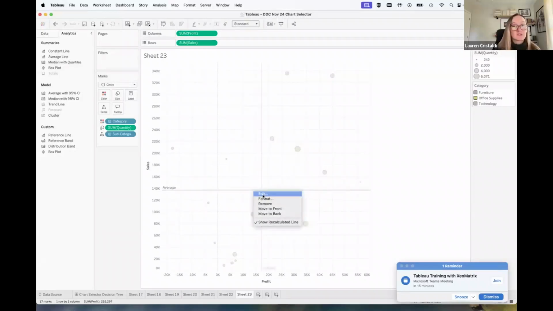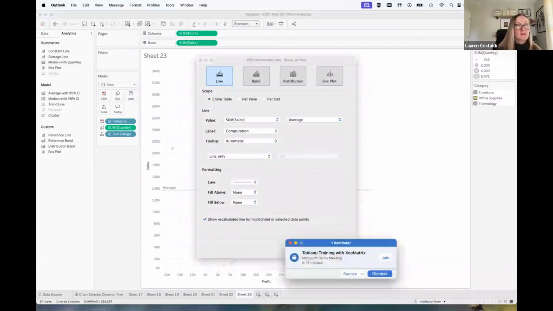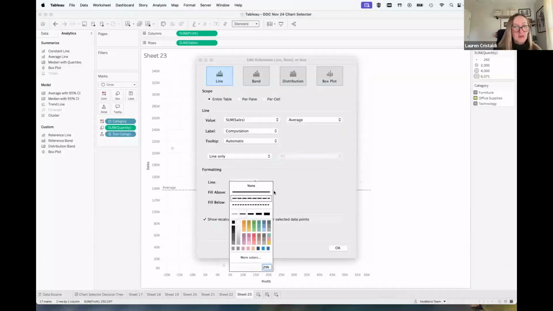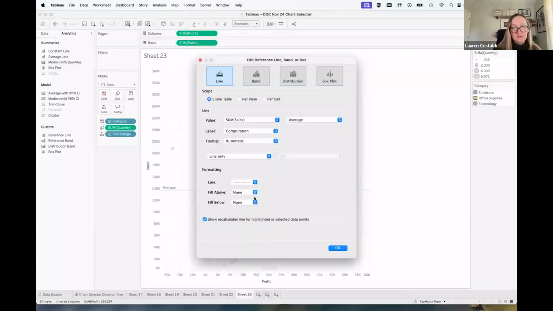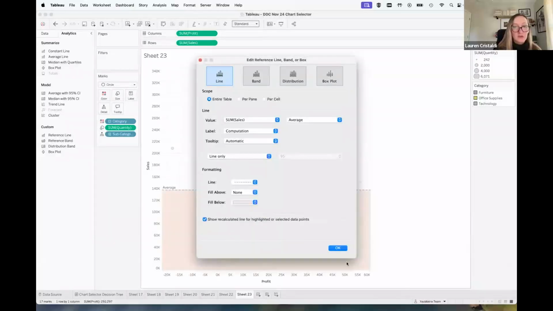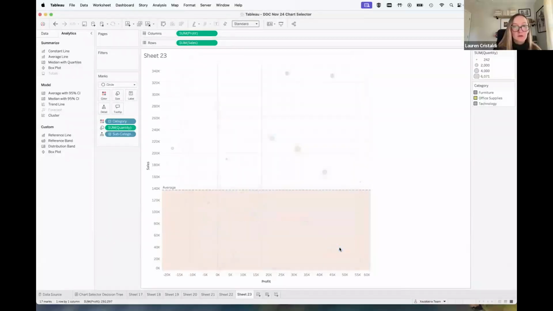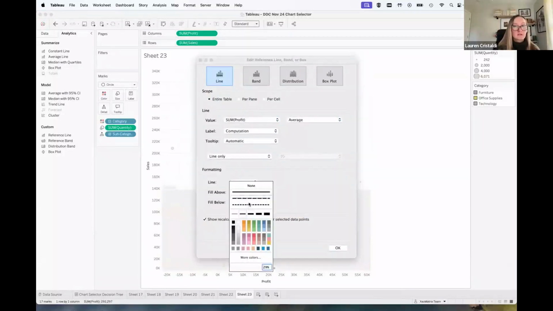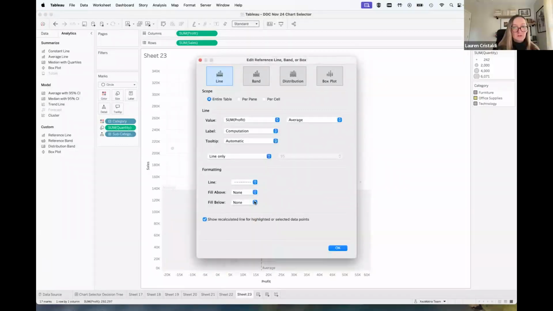You right click on that average line. We'll make it dotted. And we can fill above or below, or just make it red for when it's below. And then we would do the same thing again for our sales average. Go below.